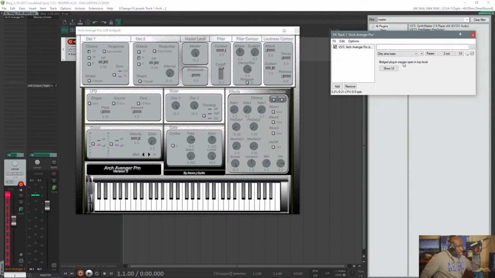So this is the dirty sine bass, and it basically sounds like what it is. Sounds like a simple sine wave with a bit of distortion on it. That's UFO Landing. That's what that's called. All right, so we're going through some sound effects right now,